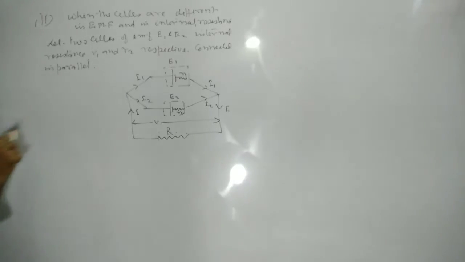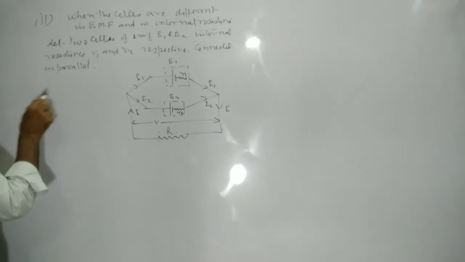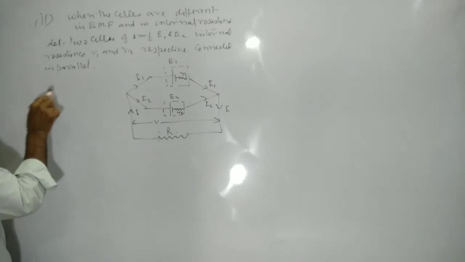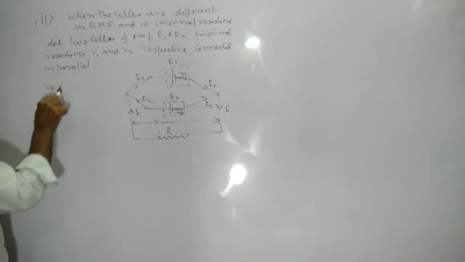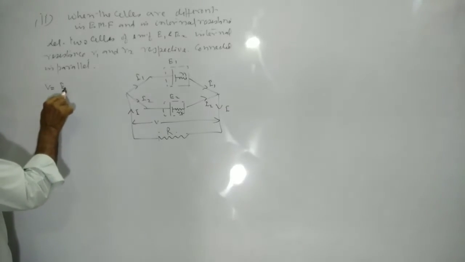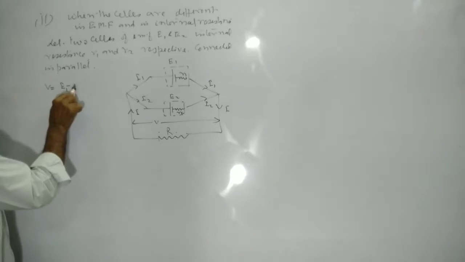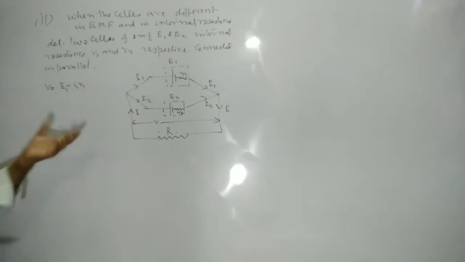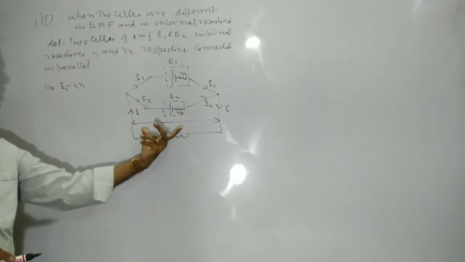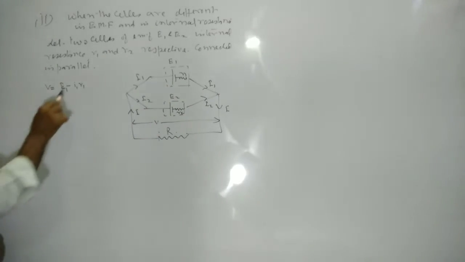Then V equal to E1 minus I1 R1, the potential difference. So I1